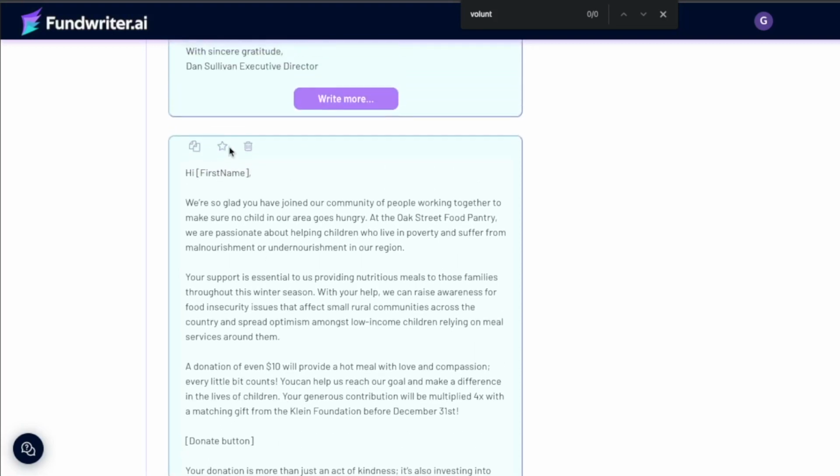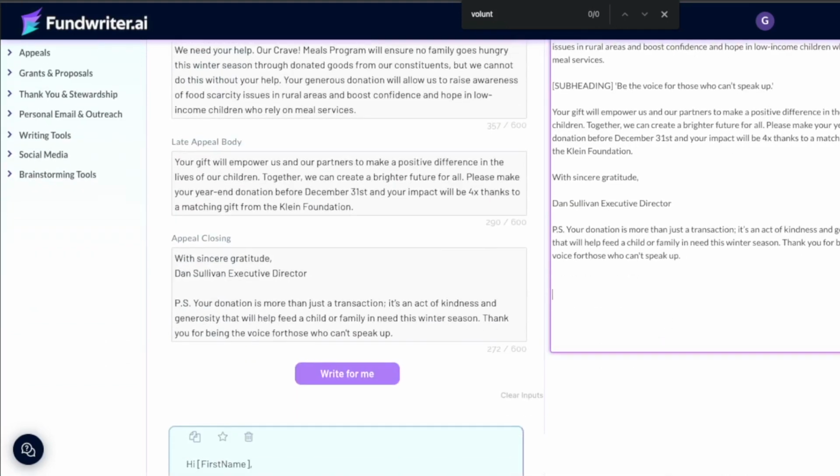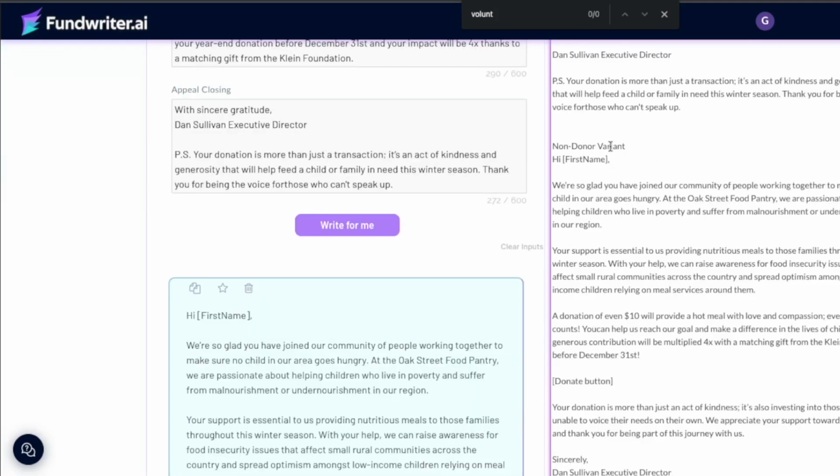Now this certainly isn't an appeal that you would send to your repeat donors or your top donors, but this is something that might resonate with our non-donors. So we're going to do a test. We're going to send this message to half of our non-donors, and then we'll use the general appeal for the other half. Once we're done, we can put everything into a Google Doc and send it around to our team